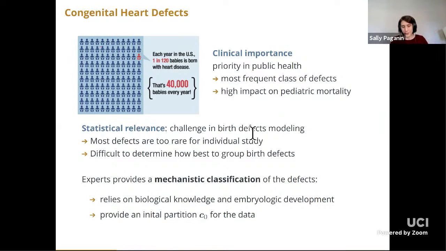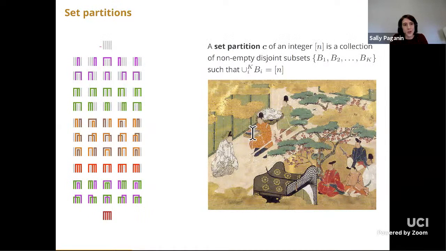So from a mathematical perspective, what you have is a grouping of the data, an initial partition for the data, and in order to find out how to account for this partition, we kind of started from the basics. So we asked ourselves, what is this object we're dealing with? From a mathematical perspective, this is called a set partition. And a set partition is a collection of non-empty disjoint subsets, such that the union of the subsets gives back